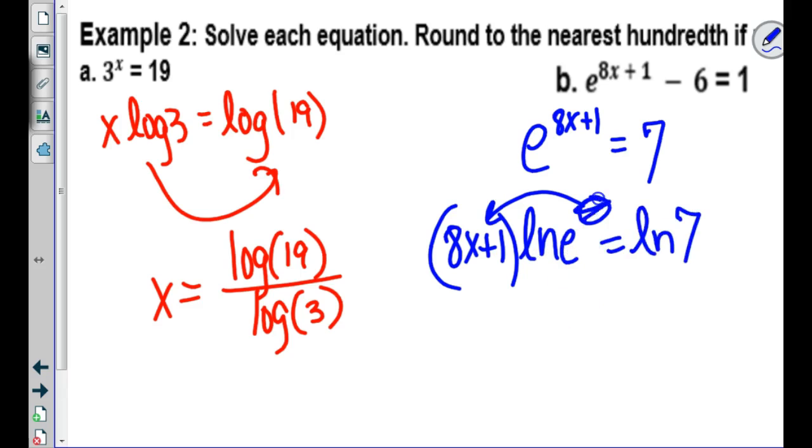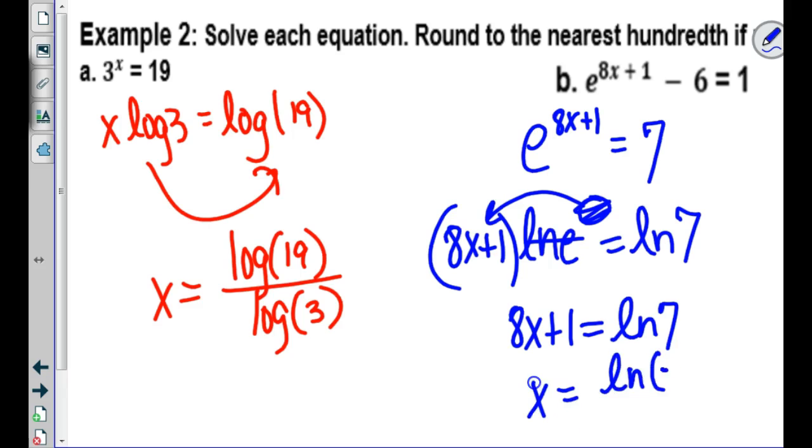Ln of e is what? So this is just 8x plus 1 equals... Now, I don't think the one on the quiz says you have to do this one exactly. What 2 things do we still need to do? Subtract 1 and divide by 8. Everybody good? So if I wrote it exactly, it would say the natural log of 7 minus 1 all divided